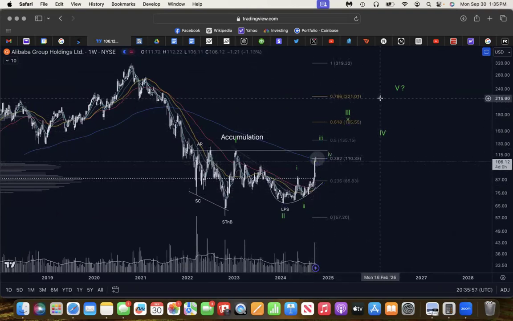A lockout rally is a very sharp, very quick, very fast moving pace, getting up to the top here where larger interests will be looking to take their first round of profits, which will be up in here somewhere. Very similar to the move that NVIDIA made last year, very similar to the move that Meta made. It is called a lockout rally. They didn't want you involved in the accumulation process, which is why you heard nothing but negative comments about China. They don't want you involved in the first level of their trade until they're ready to take profit.